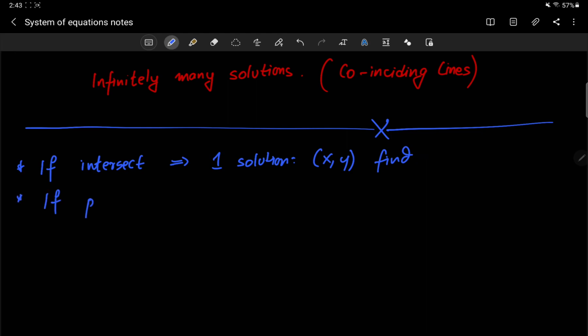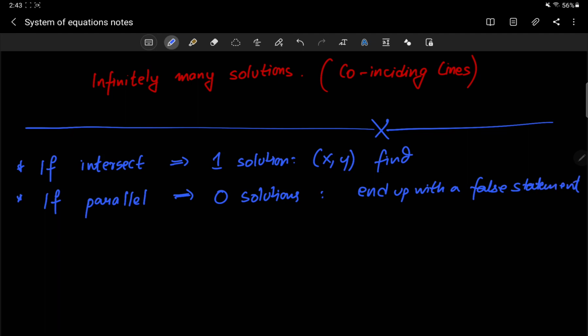If parallel, then you're going to have 0 solutions, and you end up with a false statement. And then lastly, if coinciding, then there are infinitely many solutions,